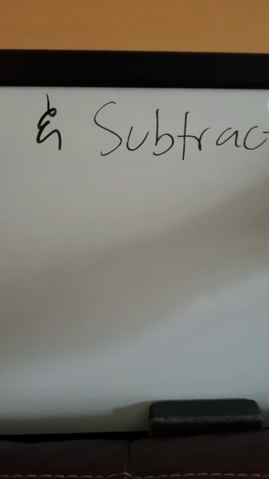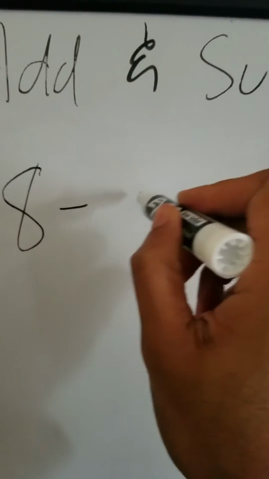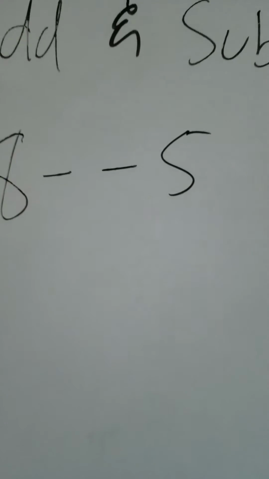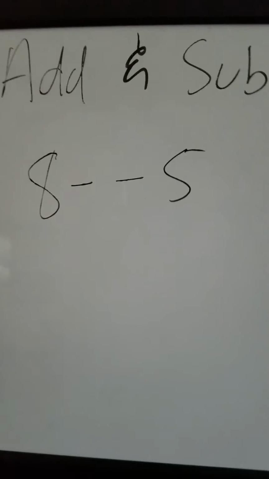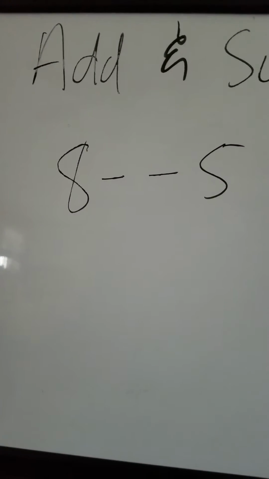All right. Now, what do we do whenever we have two negative signs that are right next to each other? Let's say, for example, we have 8 minus -5. How we treat this is to remember from multiplication and division that a negative number times a negative number